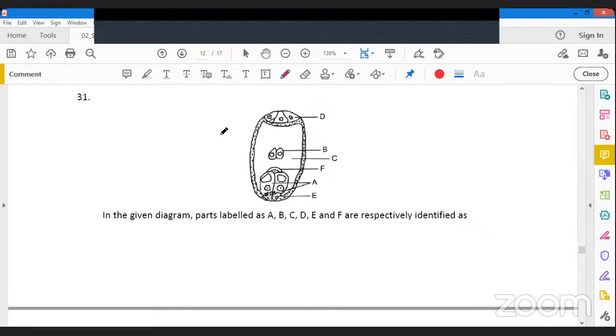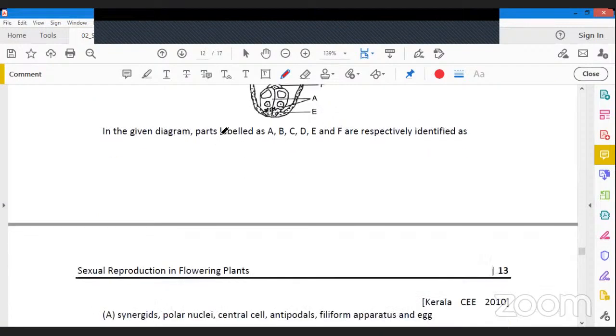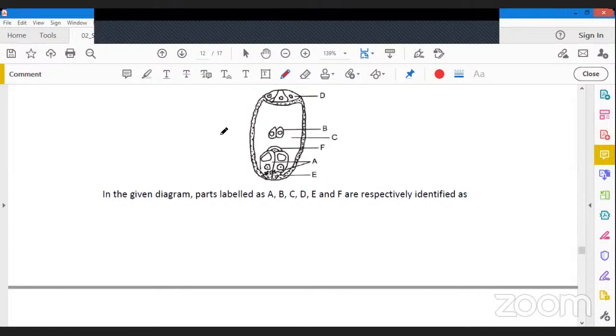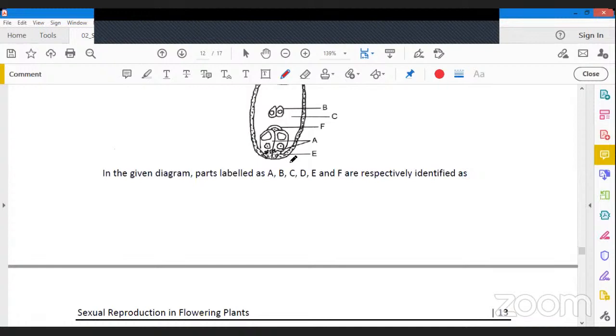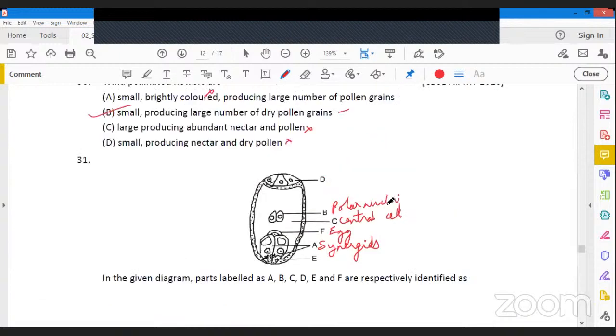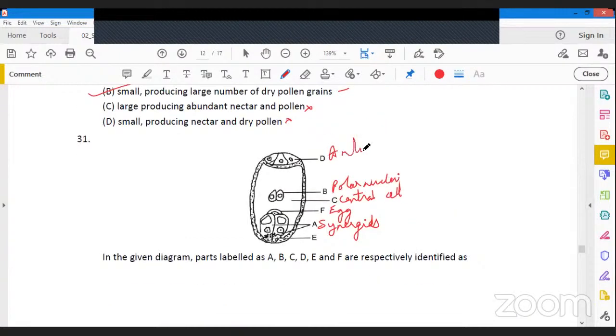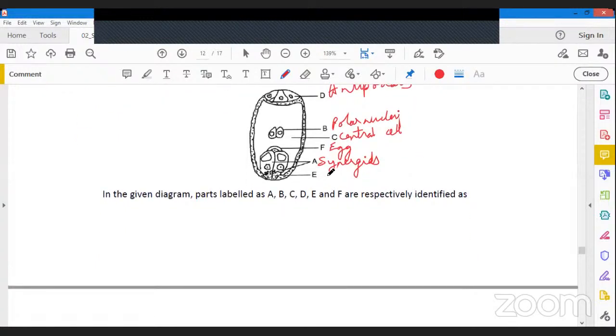So in the given diagram, parts are labeled A, B, C, D, E and F respectively, identified as, what should be A? It should be synergids. What should be F? F should be egg. C should be central cell. B should be polar nuclei. Okay. And what should be D? D should be antipodals. So E,